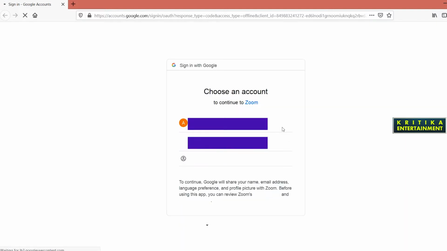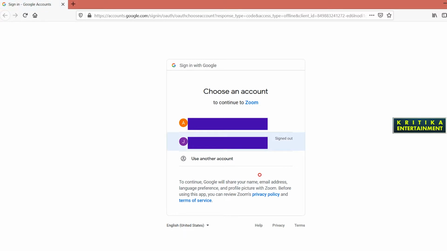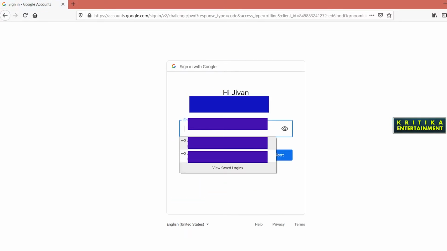When you click this, it will display your Gmail login, which is already logged in on your system. So here I will choose this login. After entering, it will ask for the password.